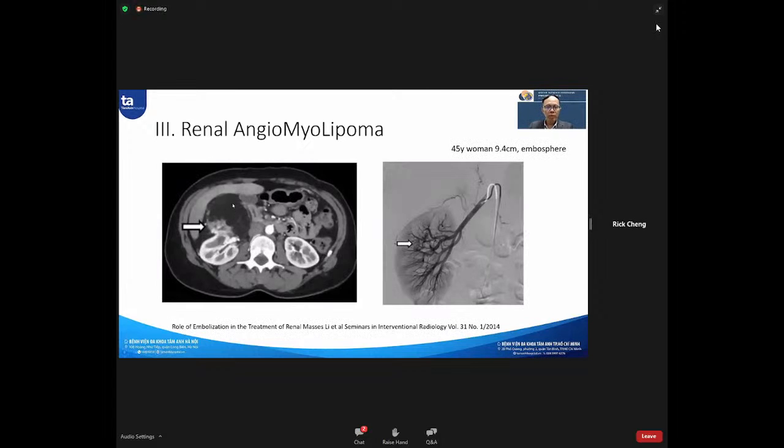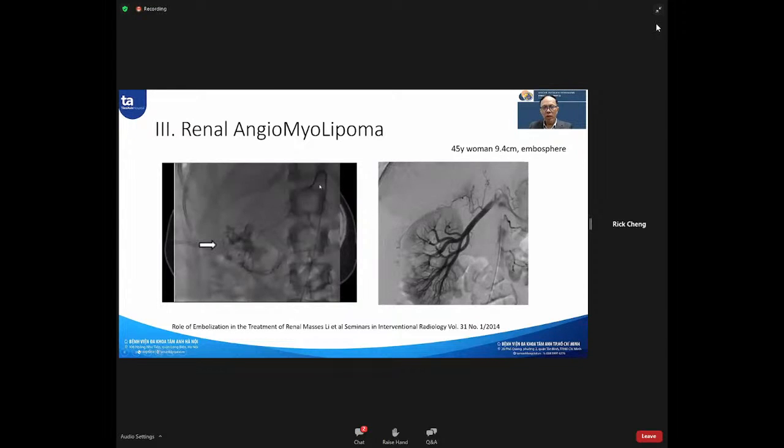First of all, for this case, a big AML on the right kidney, you do the angiogram and see some zones of hypervascularity here. After that you do selective microcatheterization here. You see the whole of the AML here. We do embolization with only Embosphere, under fluoroscopy, and after the re-control you see total occlusion of the AML, and it keeps the normal renal parenchyma very well.